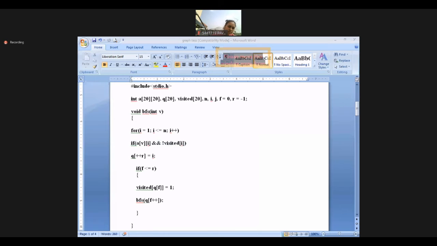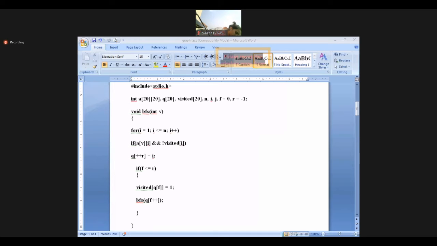For example, there are 5 nodes, so in the Q you are using 0, 1, 2, 3, 4. You are naming the first node as 0, the second one as 1, the third one as 2, the fourth one as 3, the fifth one as 4. We are naming them and we are entering them in the queue.